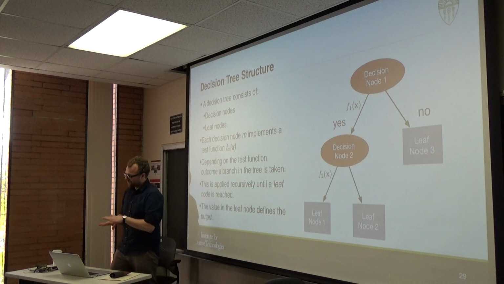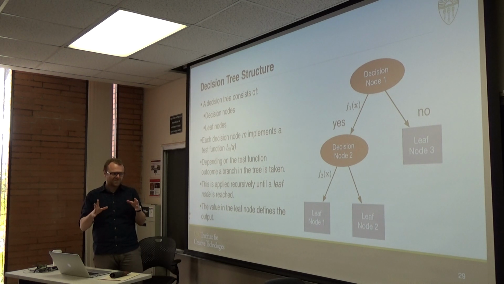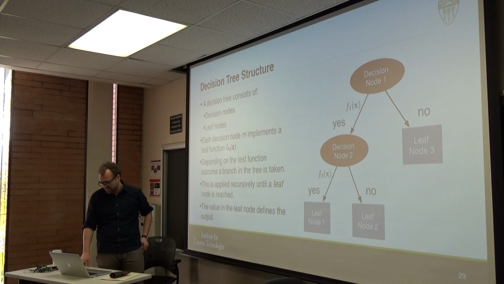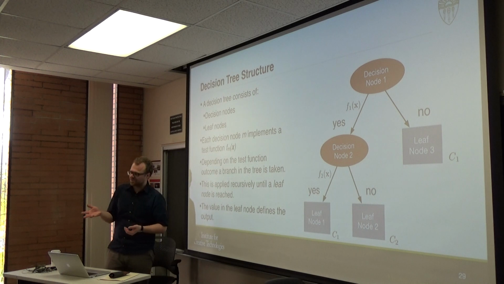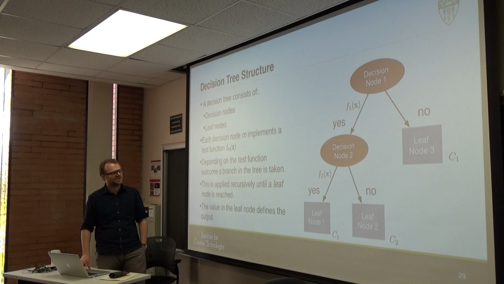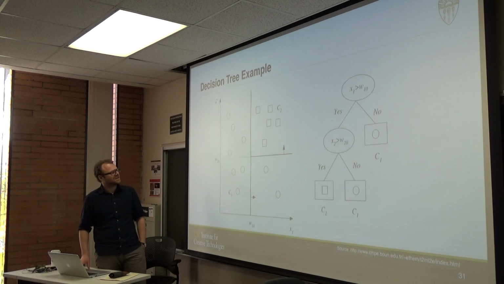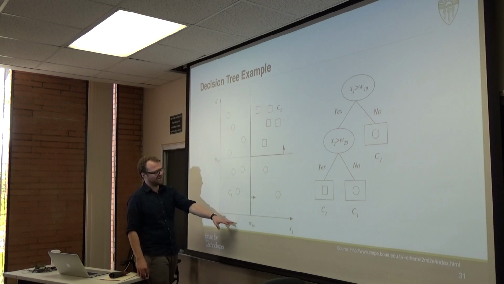They have as little entropy as possible, so that we have a good subset of our data set in those leaf nodes, and can make a good decision of what's going on. We assign classes to these leaf nodes depending on possibly the majority class, or just the only class that's left in those leaf nodes. Alright, this was an example, and we're going to talk about the univariate ones, where we only select one dimension